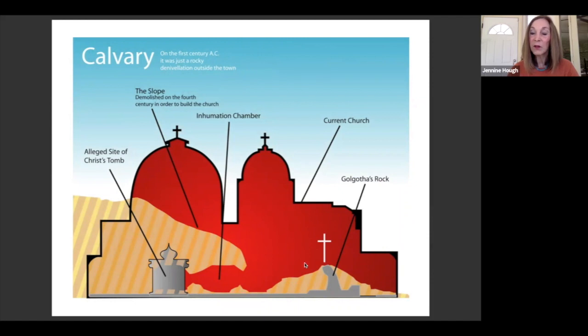This is the church now, and sort of a little bit of an underground plan of placement of things. The Rock of Calvary, the current church is in red, and then the place they believe was the tomb. And one of the interesting things about this is